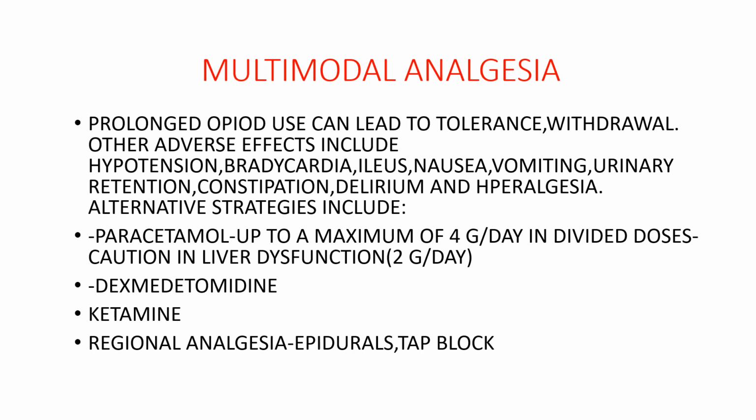Multimodal analgesia. Prolonged opioid use can lead to tolerance and withdrawal. Other adverse effects include hypotension, bradycardia, ileus, nausea, vomiting, urinary retention, constipation, delirium, and hyperalgesia. Alternative strategies include paracetamol, which can be used up to a maximum of 4 grams per day in divided doses. Caution in liver dysfunction: use up to 2 grams per day. Dexmedetomidine, ketamine, and